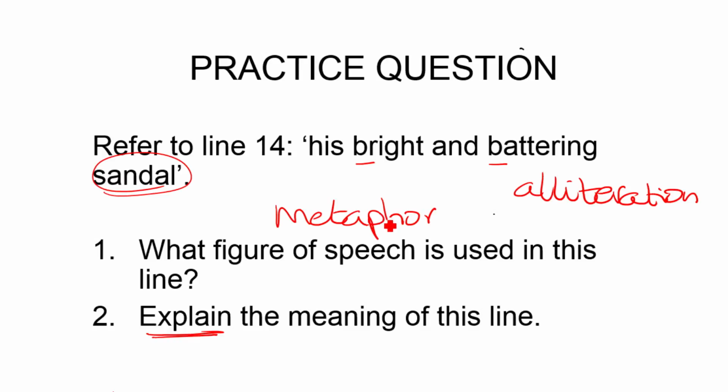Then you would have to explain that in the same way that a horse wears a horseshoe, people wear sandals. Then you go into the bright and battering, and you'd say the alliteration here gives us the shine, the reflection of light. This is the strength both of the horseshoe itself, of the horse wearing the horseshoe, and of the